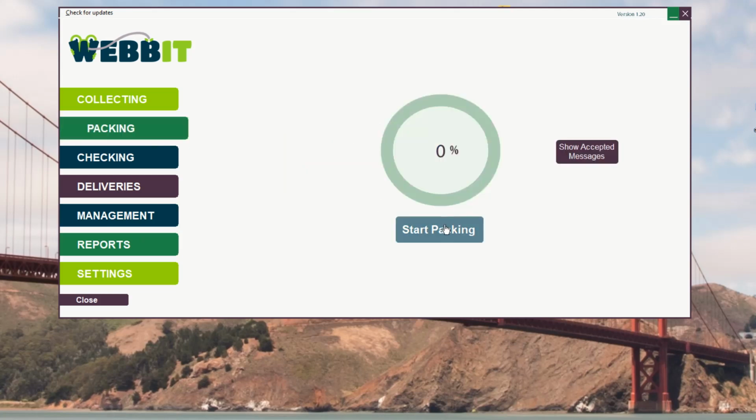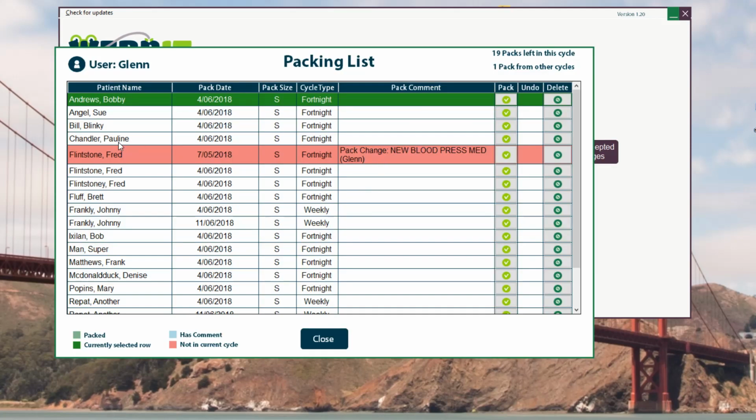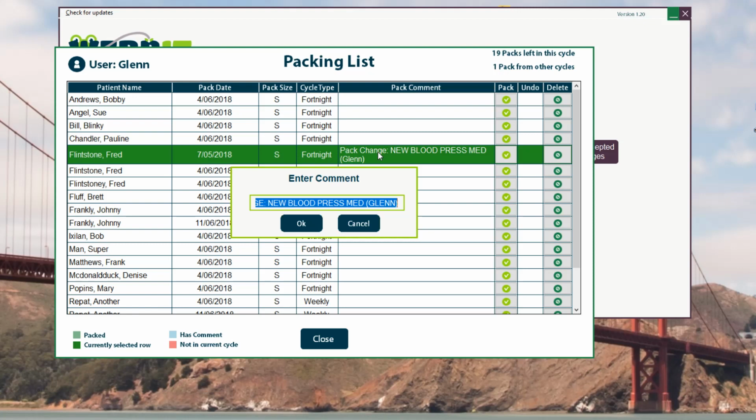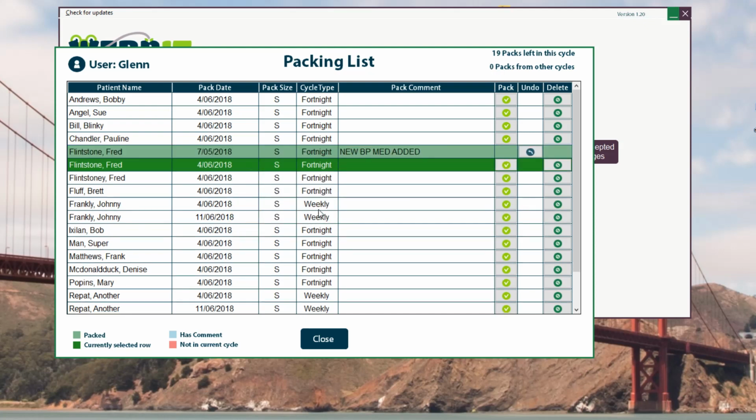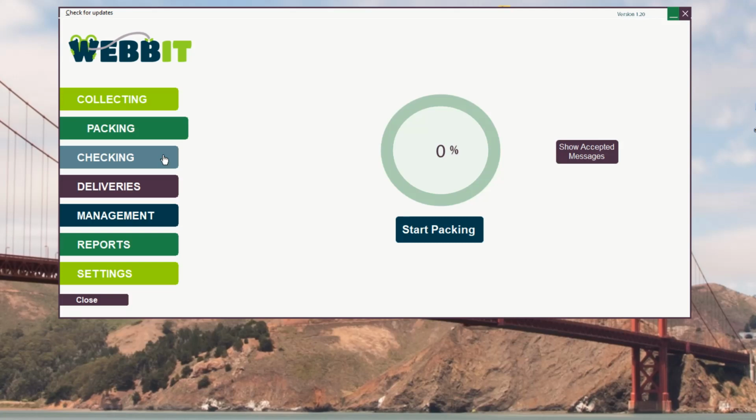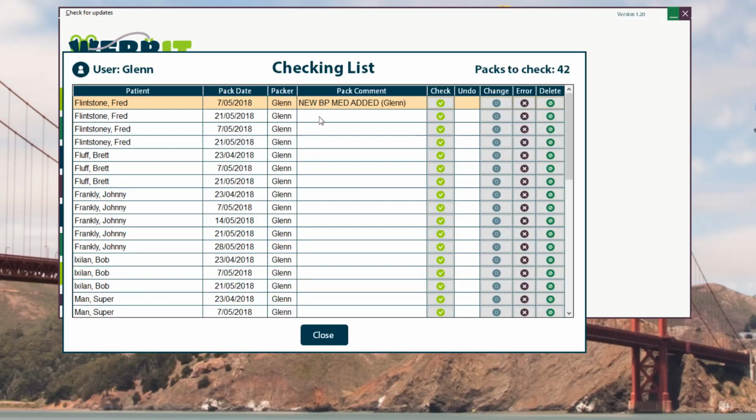Well, I guess in that case, let's say this was fixed. Great, so we've just added the new BP med. Great, and I've fixed that problem now. So when I go back to checking, there we go, new BP med added, 7th of the 5th, I can check that now and go, great, that's all good. So we keep on going down,